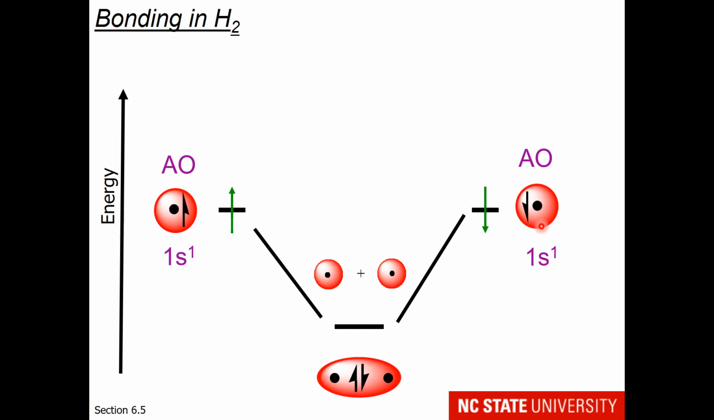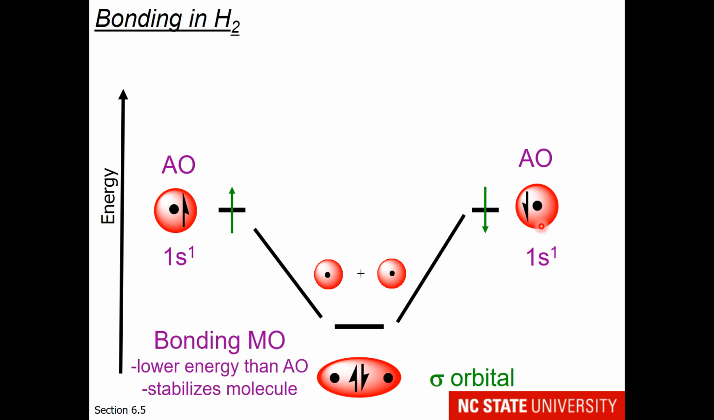Remember way back when the energy of the orbitals could be represented by minus quantity Z squared Hr divided by n squared. So adding two negative values together produces a larger negative. That is why the energy decreases. This would be a sigma orbital. So this is a bonding molecular orbital. It's lower in energy than the two incoming atomic orbitals, and it stabilizes the molecule and results in a bonding